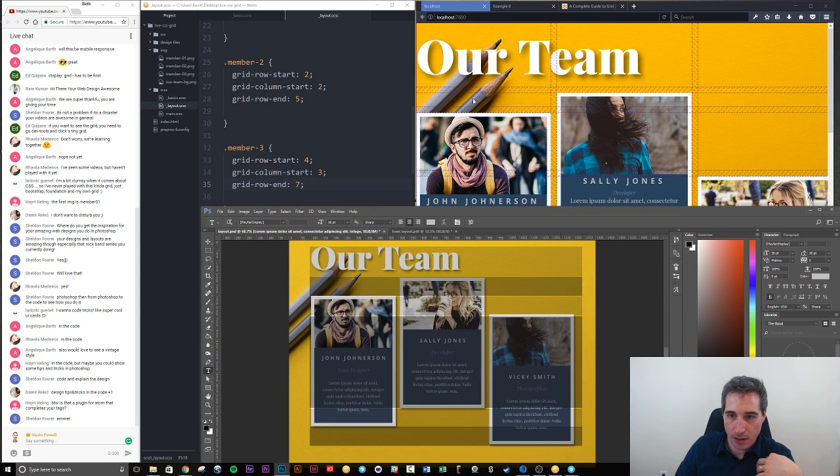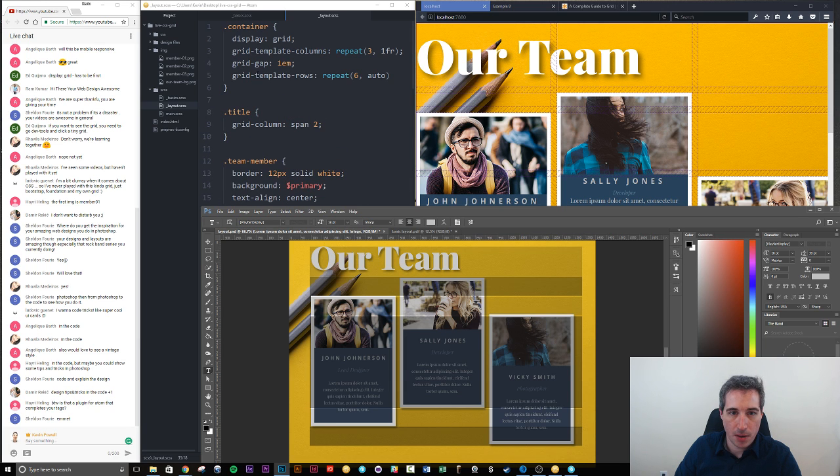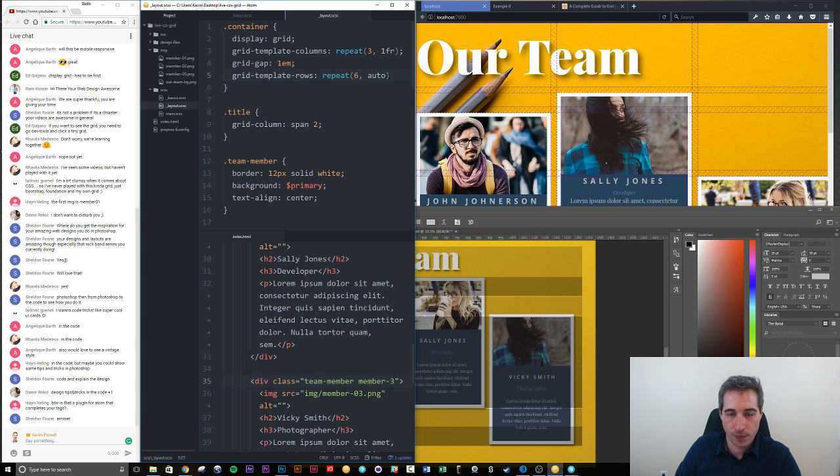So there should be a gap of 1 there, which there is. A gap of 1, 2 here, which there is. The problem is I want these two to actually be equal, and these to be equal. Maybe what I need to do... Okay, so let's go find my rows. So my rows, I'm going to do auto for the top, 1 FR, 1 FR, because I want this and this to be equal, and auto for the middle, 1 FR,